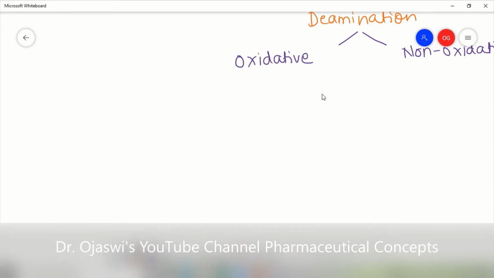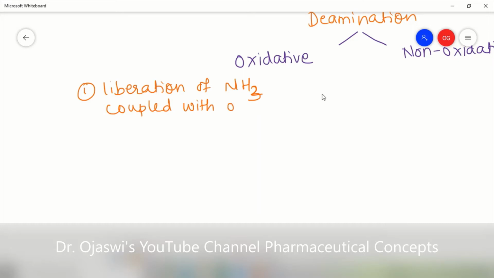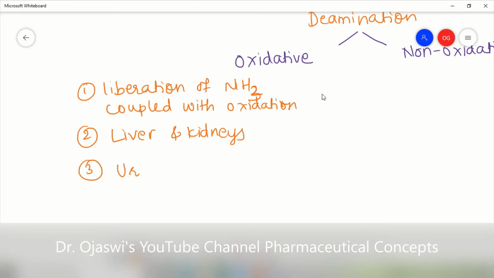As the name suggests, it is liberation of the amino group, NH2 or ammonia, which is coupled with oxidation. That is called oxidative deamination. Okay, and this usually takes place in the liver and kidneys,